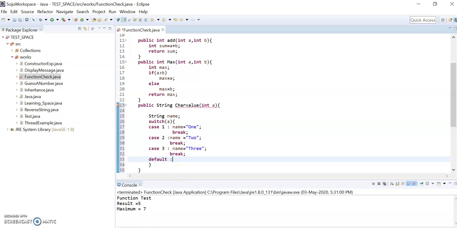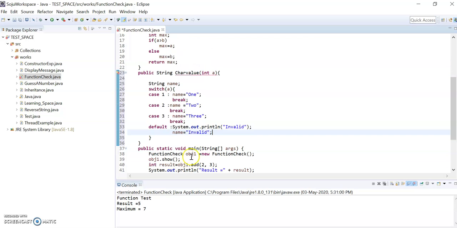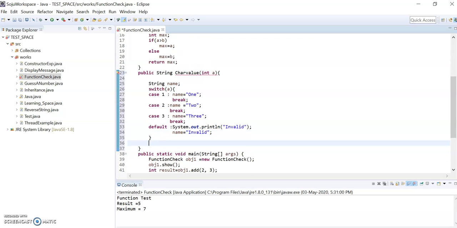Here we can put sys out invalid, and if you want, we can assign the name also, invalid. And at the end we are returning